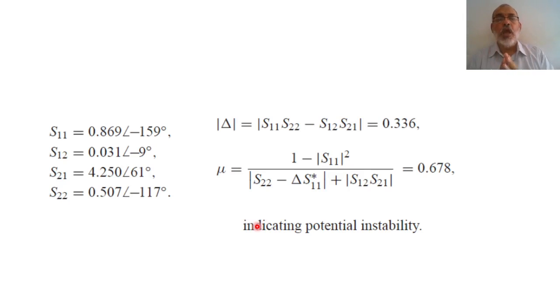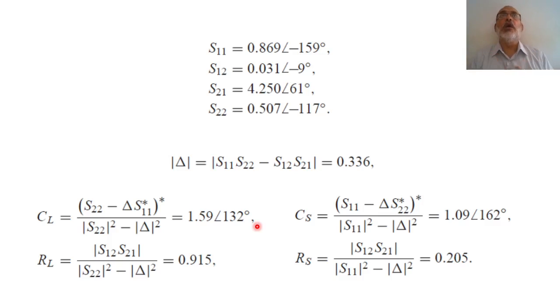Conditionally stable means that we have a range for source impedance and load impedance which makes the transistor amplifier stable, and we have another range for Z source and Z load which makes the transistor unstable. To determine the range for Z source and Z load, we are going to draw the stability circles for gamma source and gamma load. As we discussed in the previous video, the center for the load circle,